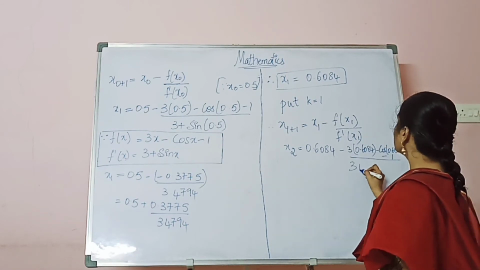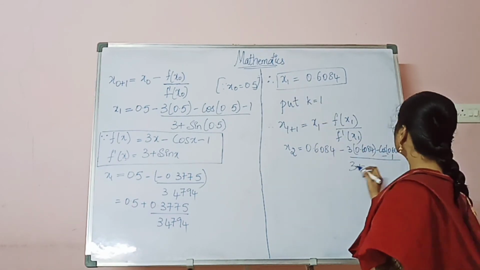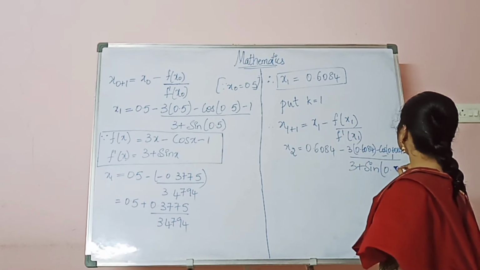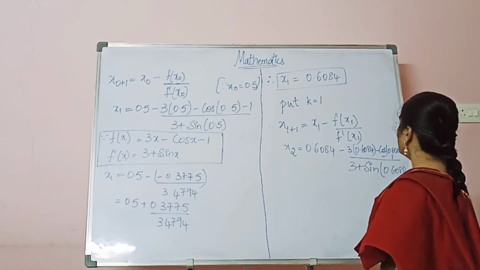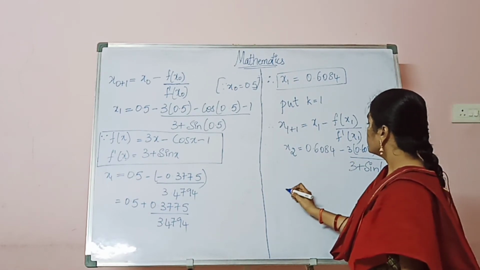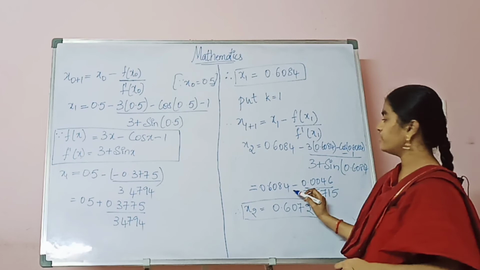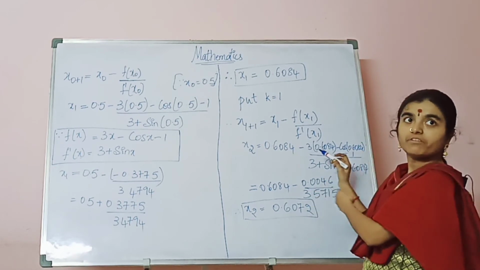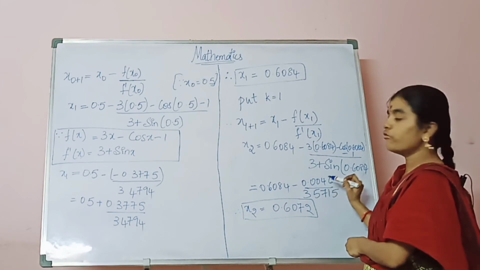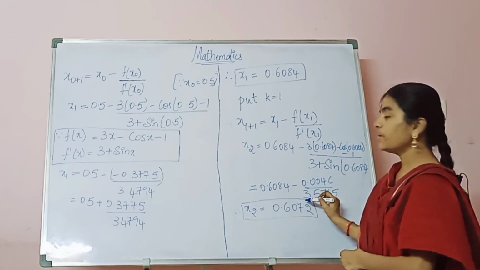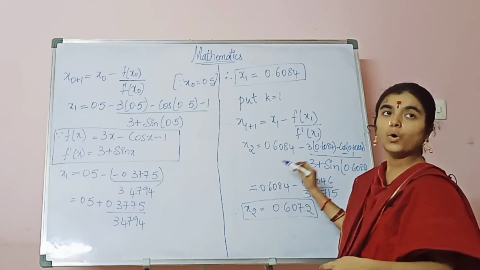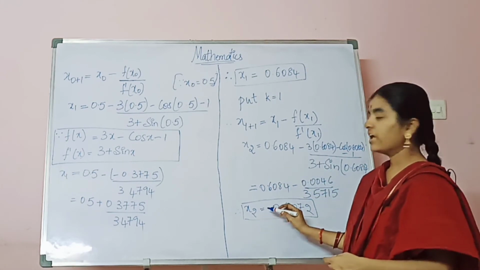So 3 plus sin of x1, that is 0.6084. After calculating this, we get 0.6084 minus 0.0046 by 3.5715. After calculating the whole, x2 equals